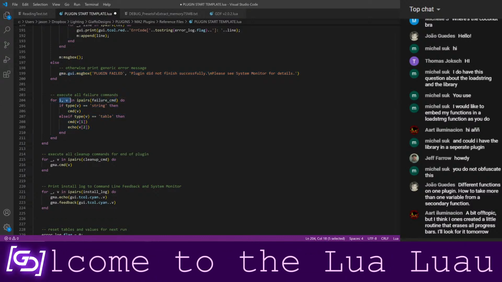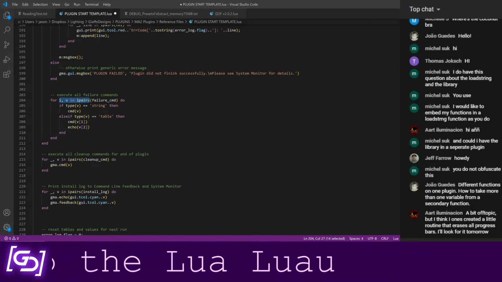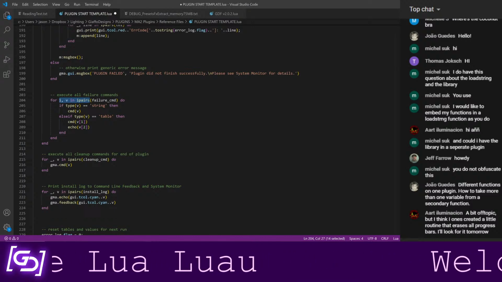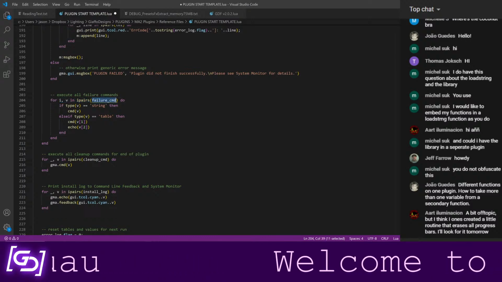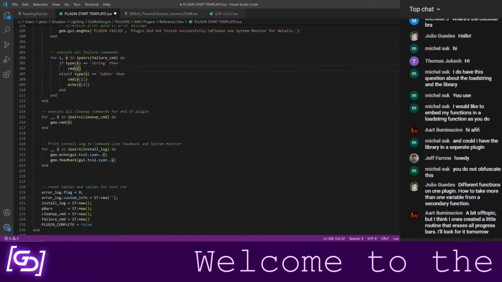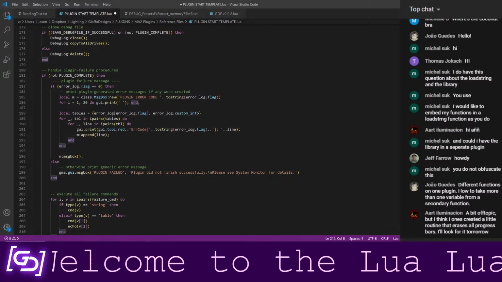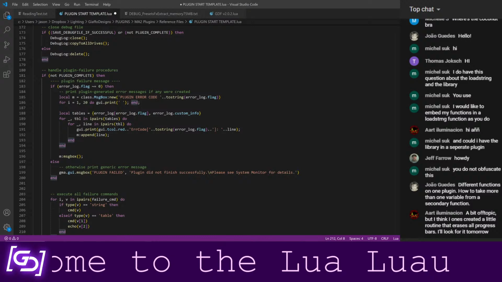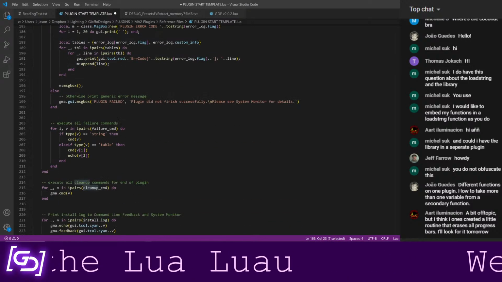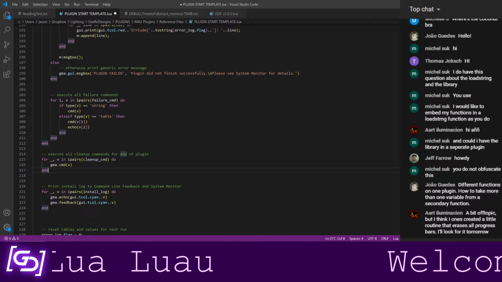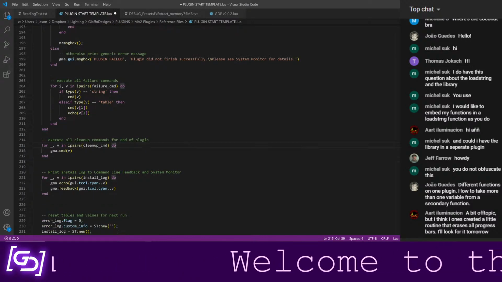So it uses for i,v in ipairs, which is just iterating through every element in a numerically indexed table. It's just going to go through and execute all of those. And then after, I probably could have organized this better. Again, I don't necessarily have this all organized the best, but I'm editing my cleanup function so rarely that it really doesn't matter a whole lot what it's doing, because I know it's going to do what I need it to do pretty much always.